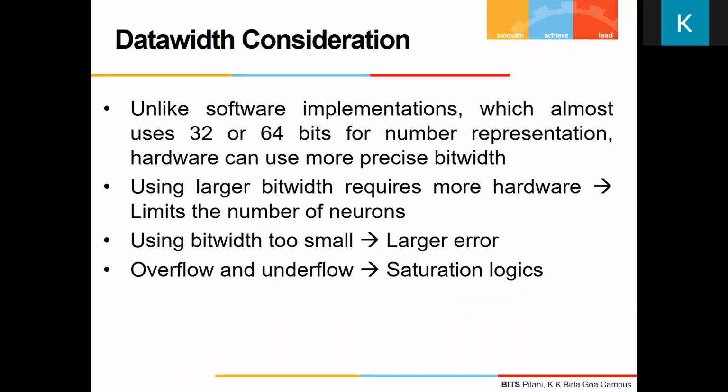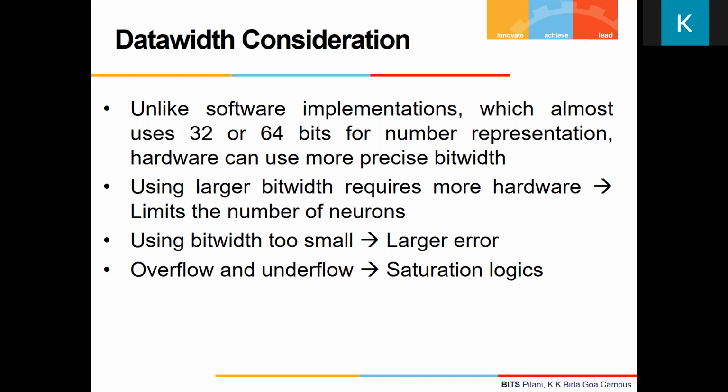But when we come to hardware implementation, that is not the case. Because in hardware, that's an advantage also. When we go for hardware implementation, we can have precise bit width. I can specify any bit width from 1 to any number. In fact, you will see papers where there are hardware neurons implemented using a single bit. The bit width is 1 for representing everything: weights, bias, connection, everything is just 1 bit. That's also possible.